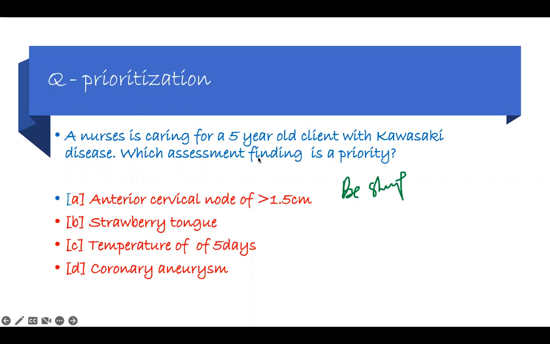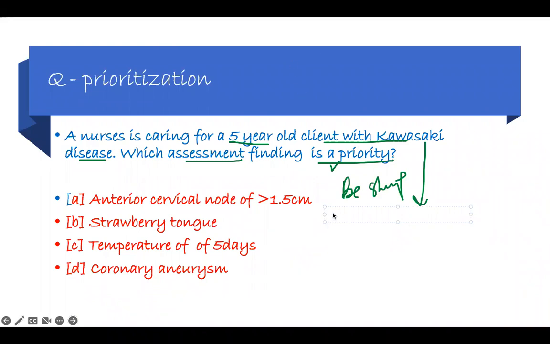So we have: which assessment finding is a priority? A nurse is caring for a 5-year-old client with Kawasaki disease. Which assessment is a priority? We have to be sharp. So we're looking for something that is a priority. I have an easy way to remember Kawasaki disease, and that is how we use these two. The best way to remember Kawasaki